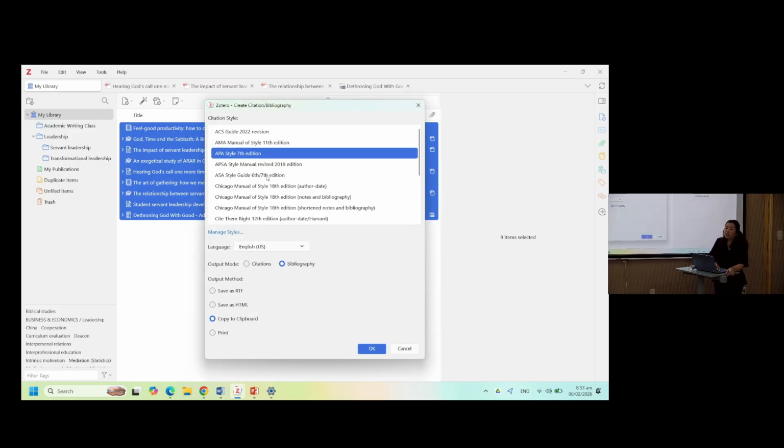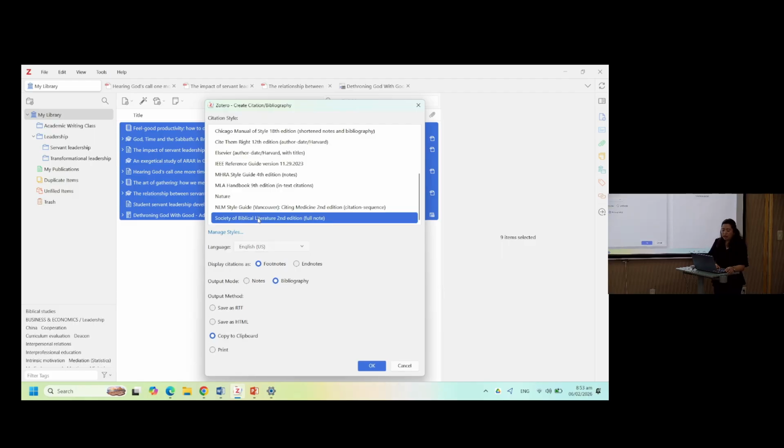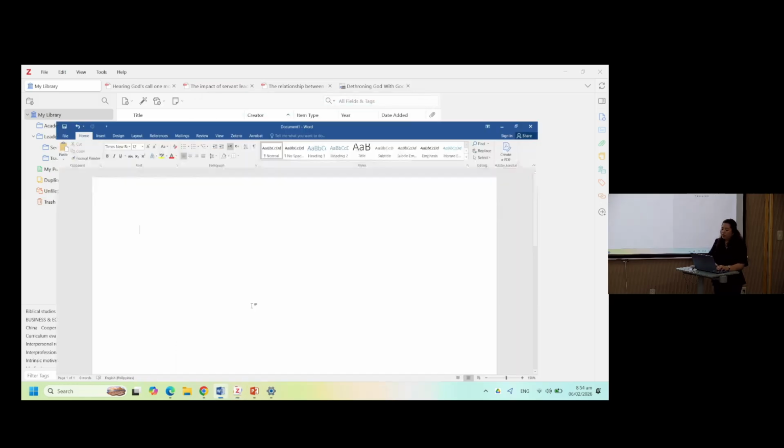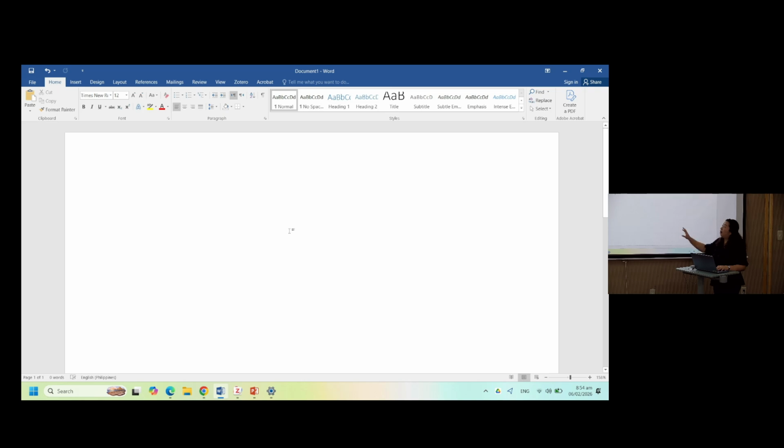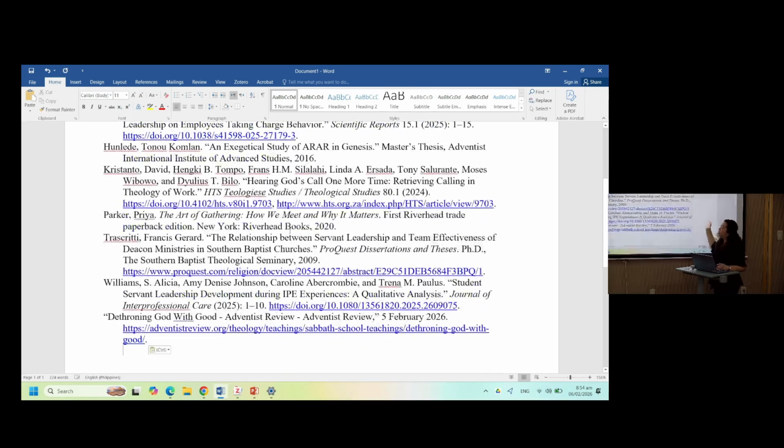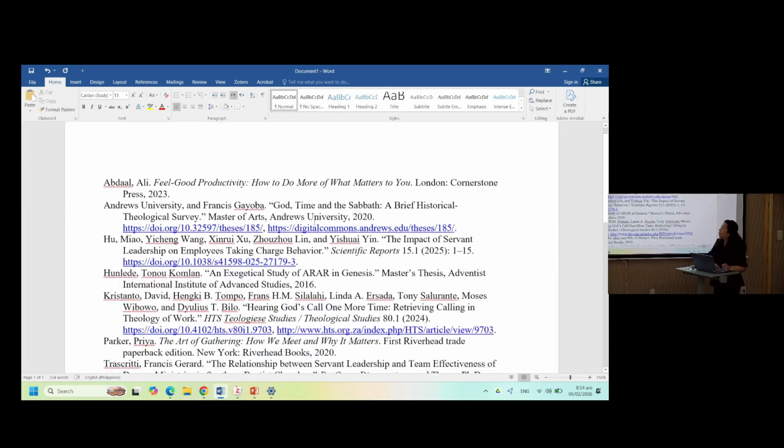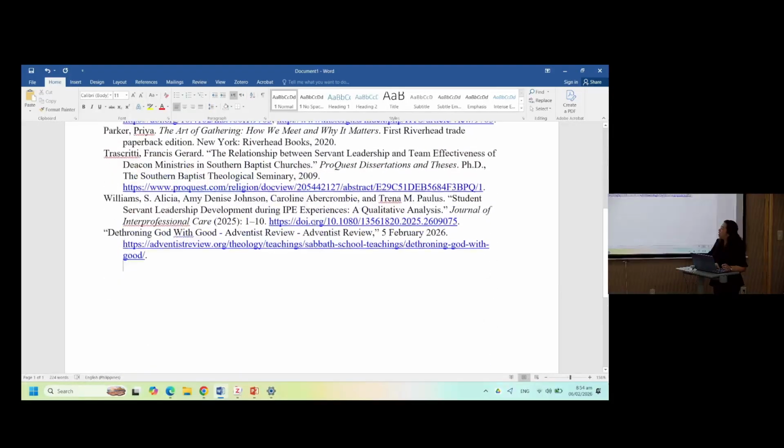Select your citation style. Say, for example, I'm going to select SBL this time as endnotes. And then copy to clipboard. Then just open an empty Microsoft Word and paste it. So this is the whole library in SBL as endnotes.